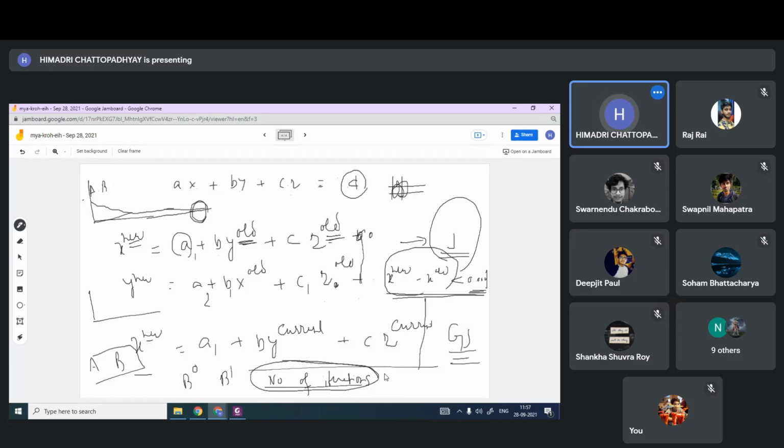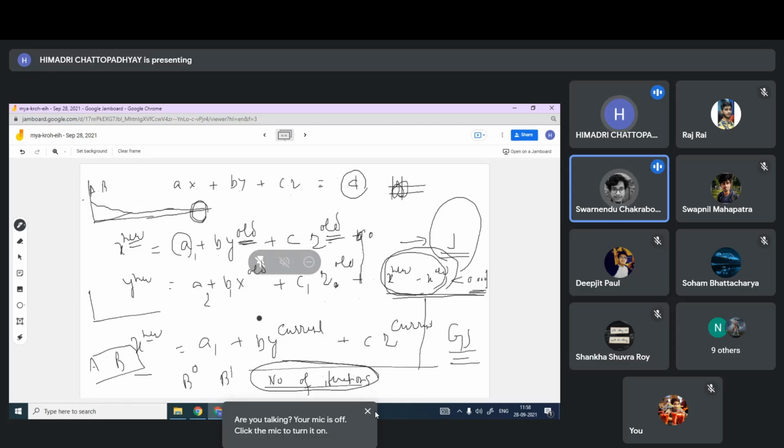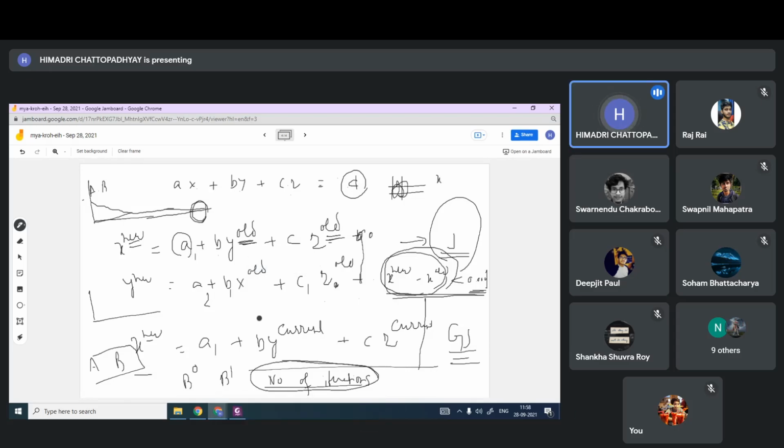You have to have a construct where the change of all variables, like in 3 equations, change in x, change in y, change in z, all satisfy this criteria, not only one. Suppose x has converged but y and z have not converged. That is not the proper situation. So change in x, change in y, change in z should all be very small, say 0.001, something like the criteria you give. The criteria is also very important.